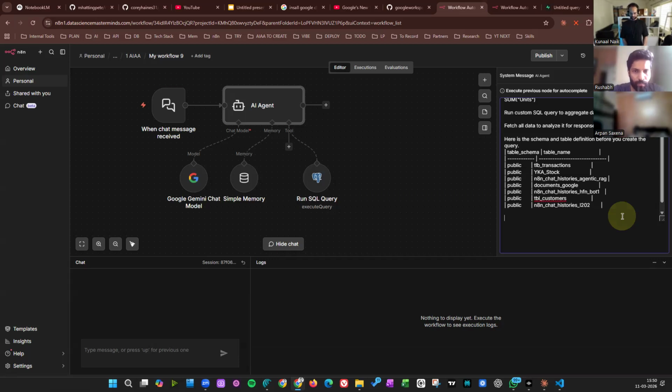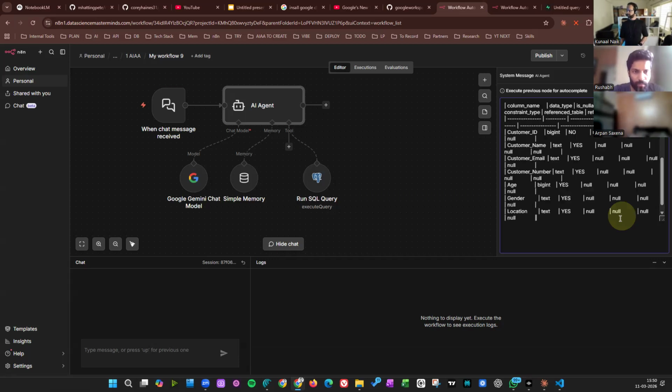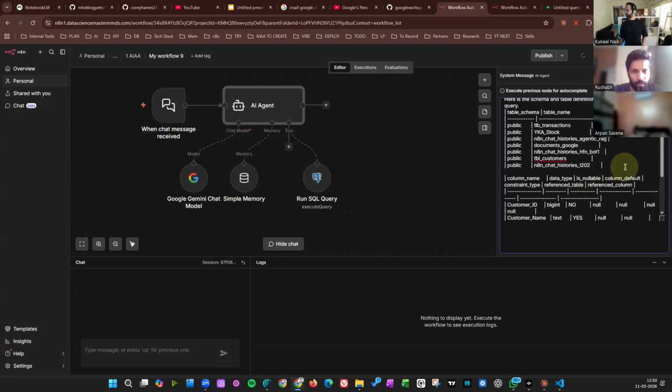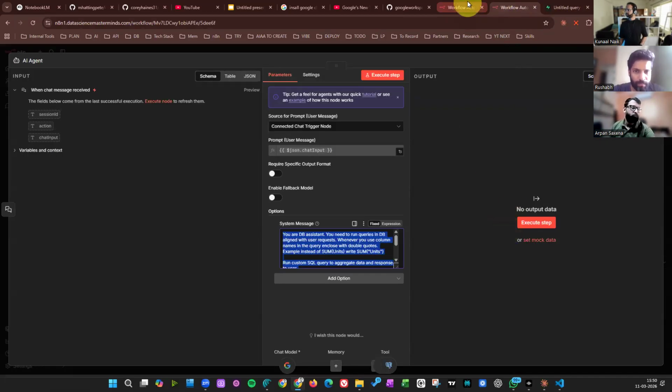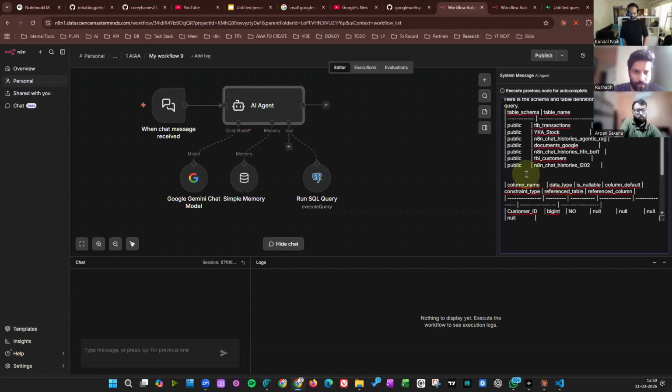Schema and table definition. क्या है टेबल, कौन सा टेबल डेफिनेशन, टेबल डेफिनेशन ऑफ ये, लेट्स सी।